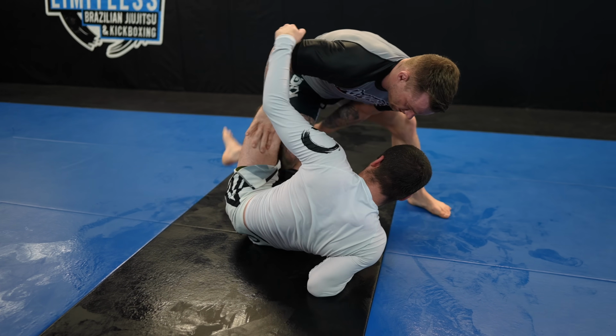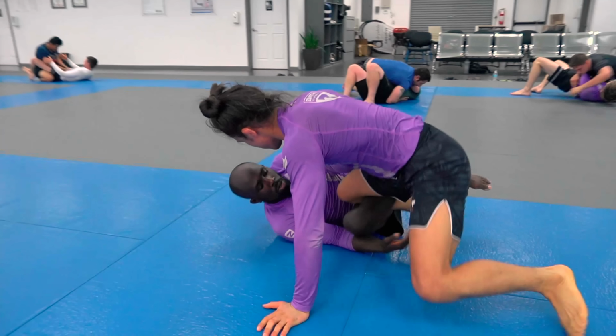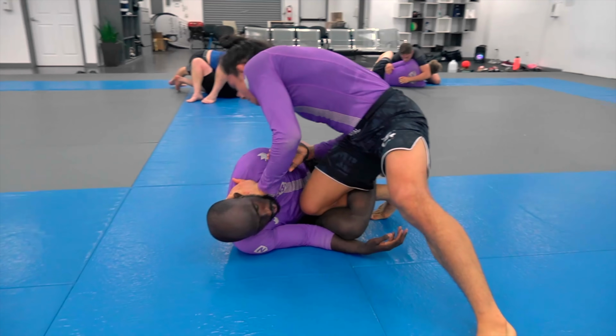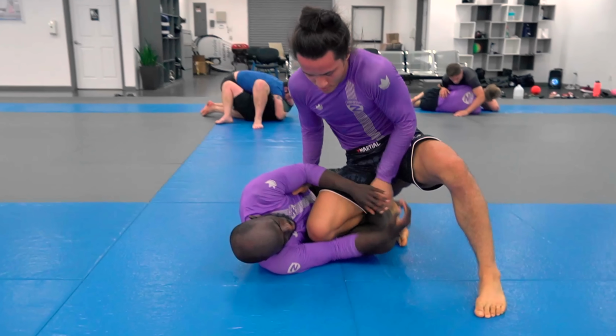And here's an example of me getting an underhook from the top and using it to advance position. Alex starts off with his arm underneath his leg, which is great because it prevents the knee slide. The bottom leg needs to be flat on the mat to effectively knee slide, which he gives to Jedi, and now Alex doesn't have a lot of options other than taking an underhook, which Jedi is leaving a lot of